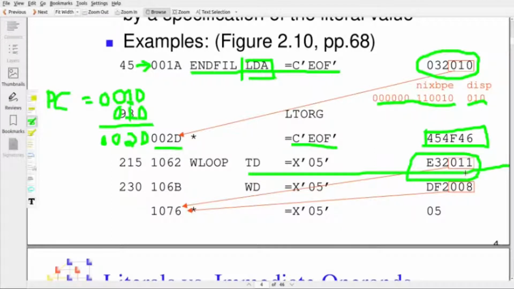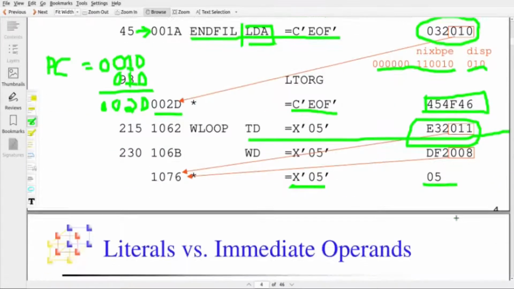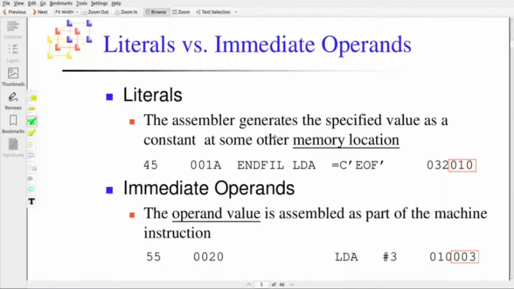We defined X'05' here, and its actual data value is 05. The assembler generates the specified value as a constant at some other memory location. That is how the assembler deals with literals. The machine instruction gives another memory location, where the value of the constant is stored.